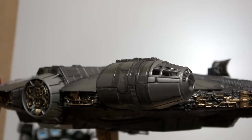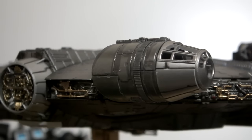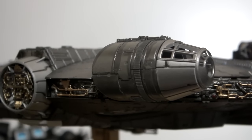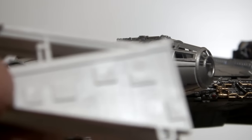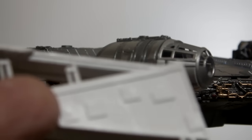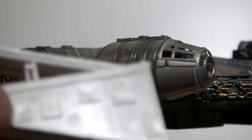So, there are many different ways to do the wash, and because the Millennium Falcon is actually this kind of off-white, if you put the wash on there, you can do it, but then you just rub it off with the cotton swab. It's good. It's a nice, easy way to do the wash. But where's the cotton swab? Oh, there it is. But like I did with the AT-AT,